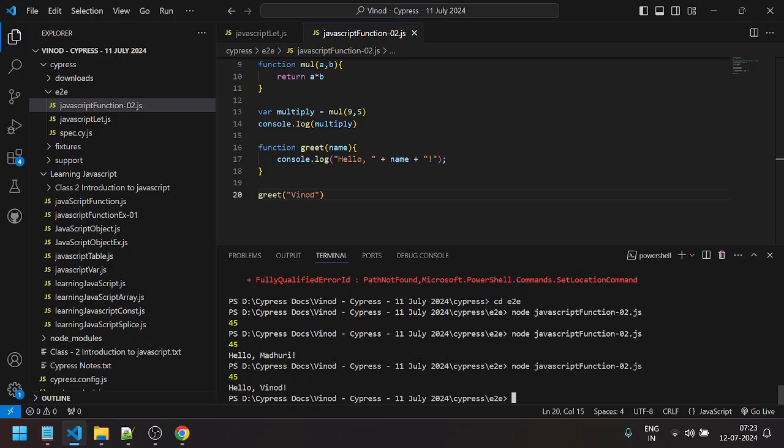So if you play with this now, you'll find more easy and more interesting things. JavaScript is easy to learn. And when you are learning Cypress now, there is no need to have in-depth knowledge of JavaScript. Only basic knowledge, like how to define let, var, how to call functions,